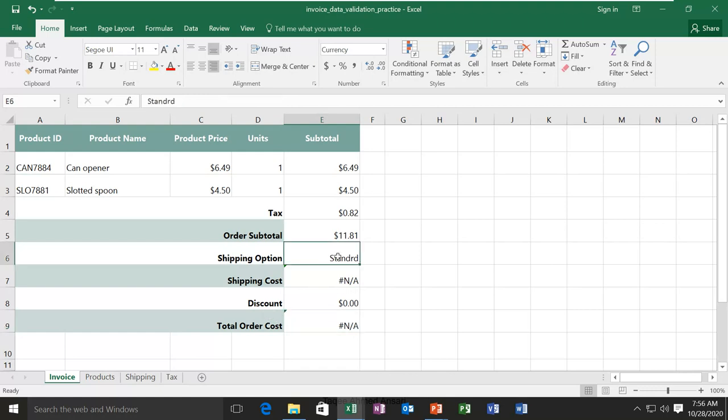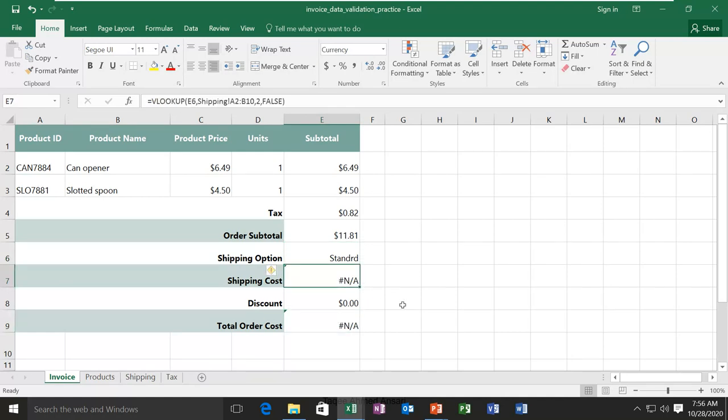Now, because the user is typing it manually, they can make mistakes. If you see closely here, there is a spelling mistake. So sometimes users make spelling mistakes when they type manually, and then the other functions will not work properly.